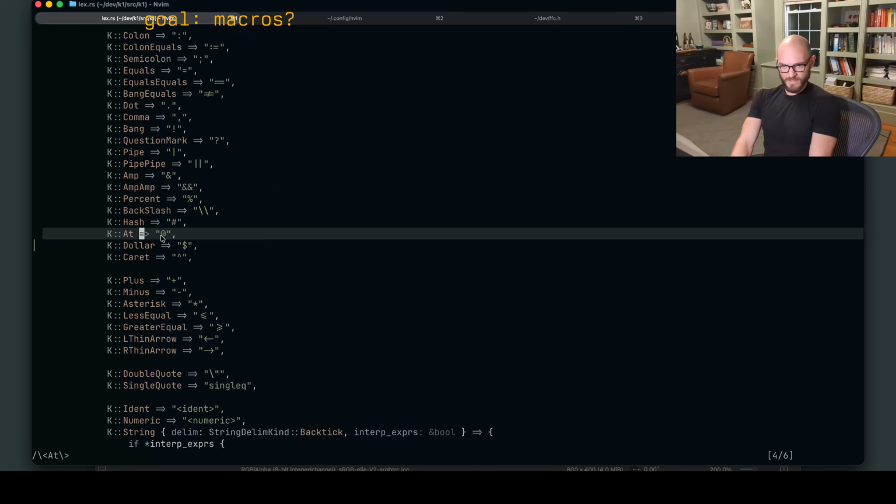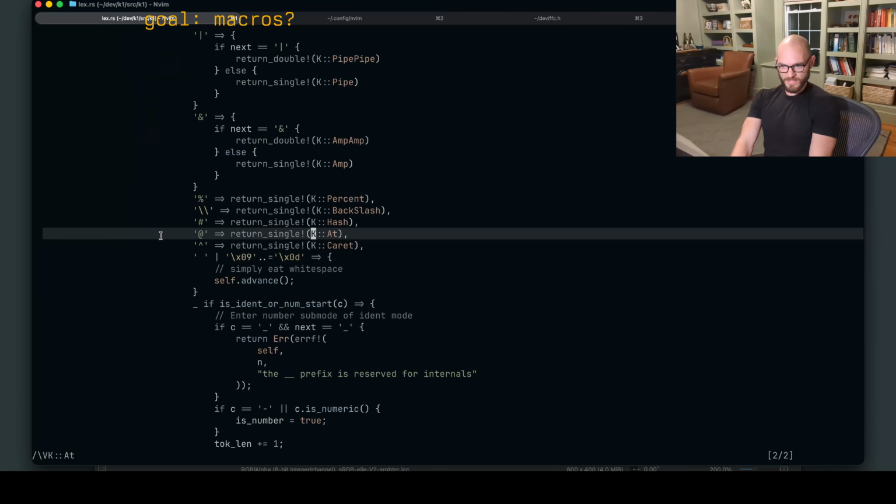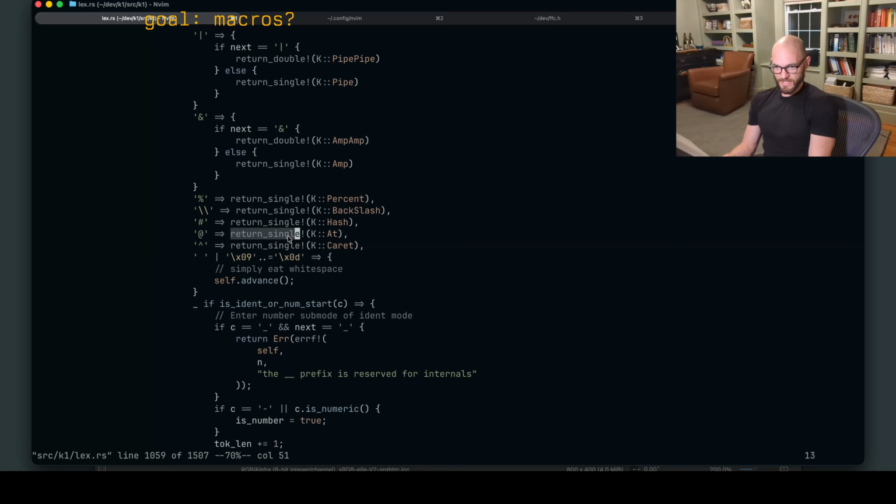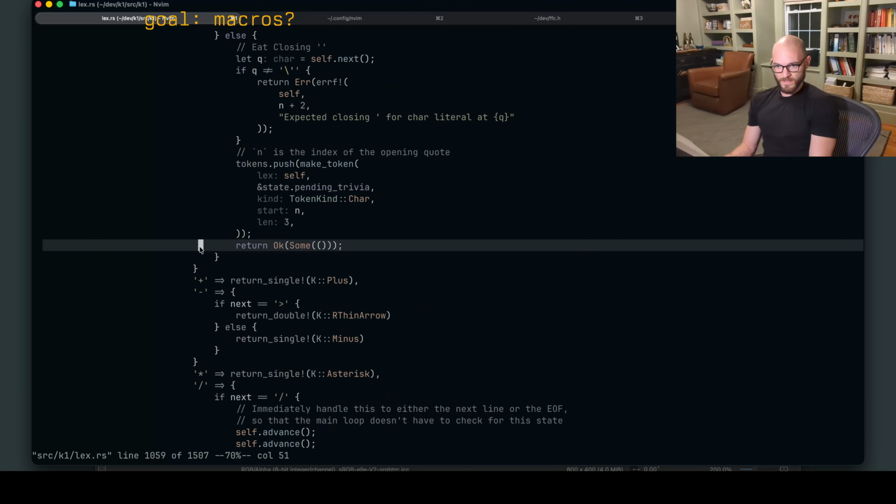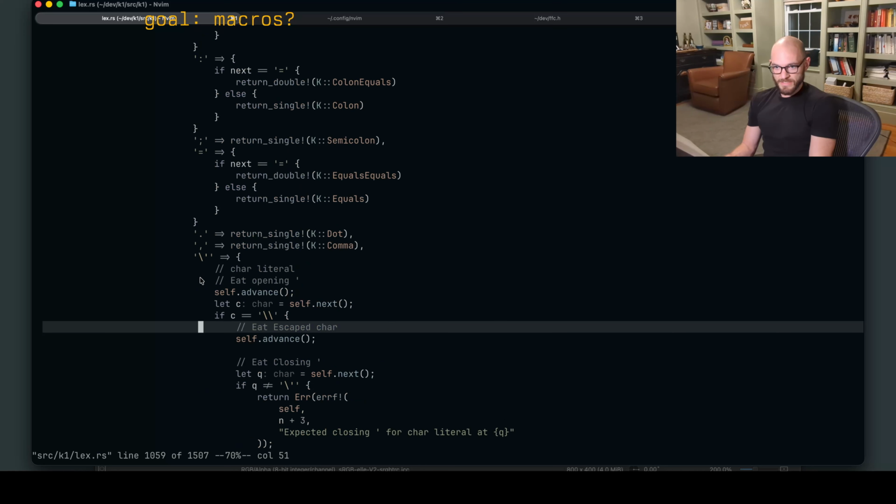It's used in one place in this file in the lexer, which is where we lex it. Oh, and this tells you the entire behavior because it is the behavior.